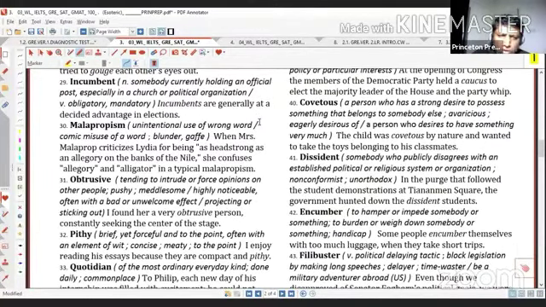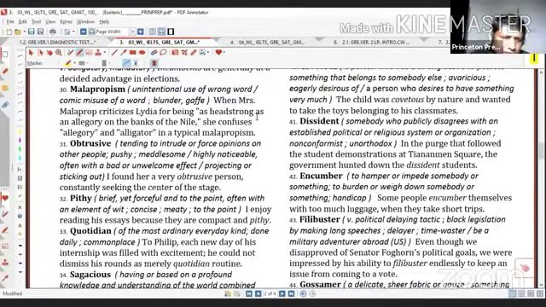Malapropism. Mal হলো নেগেটিভ একটা আইডিয়া, propism আচ্ছা, unintentional use of wrong word, comic misuse of a word, blunder, gaffe. When Mrs. Malaprop criticizes Lydia for being headstrong as an allegory on the banks of the Nile, she confuses allegory and alligator in a typical malapropism. কাছাকাছি word যেমন আমি যদি mixed up করে ফেলি। Headstrong মানে খুবই অবাধ্য, allegory আর alligator কাছাকাছি, এই ধরনের অন্য ওয়ার্ড পেলে যদি কনফিউজ হয়, তখন এটাকে বলে malapropism।